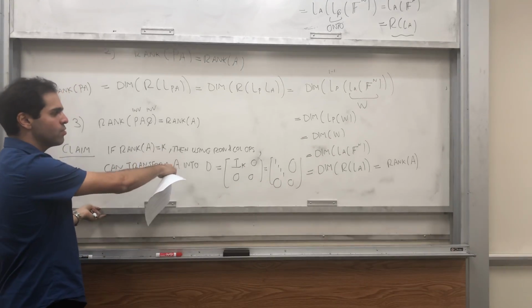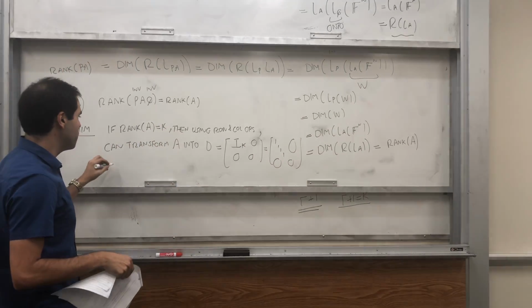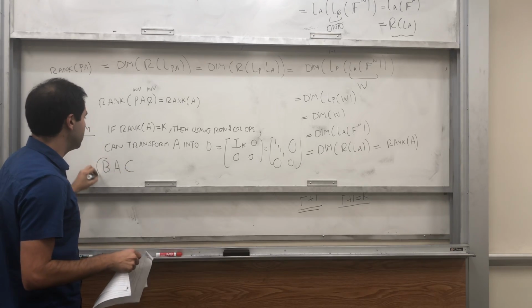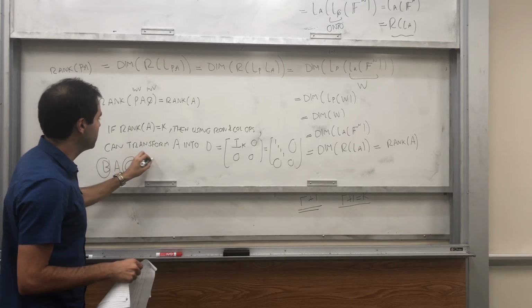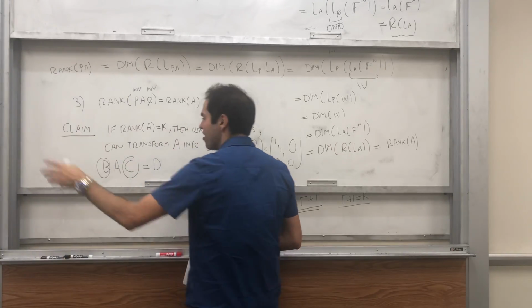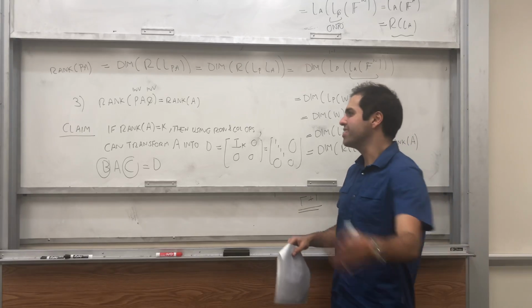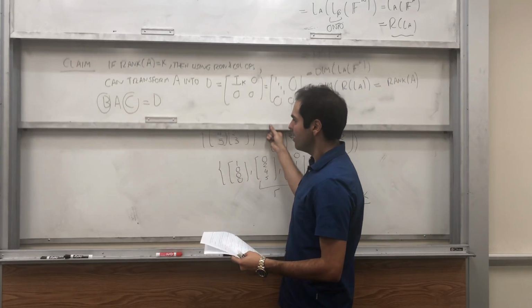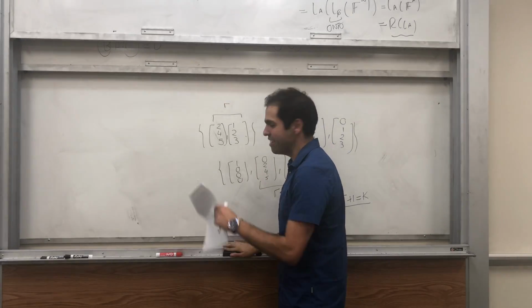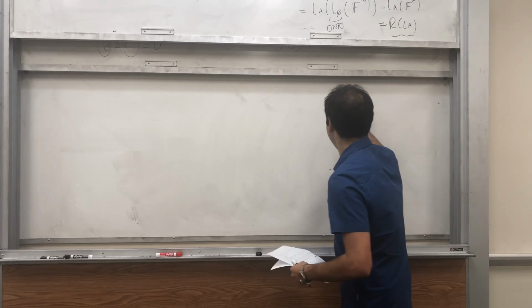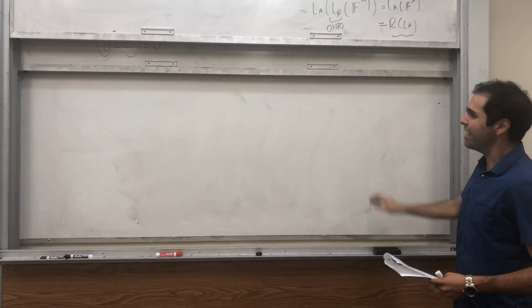So a matrix way of writing this, it's simply there are invertible matrices B and C such that BAC equals D. So B would correspond to row operations, C would correspond to column operations. And now, oops, that's actually part of the proof of the fundamental theorem of rank, but